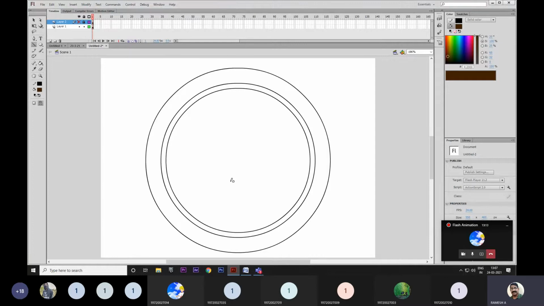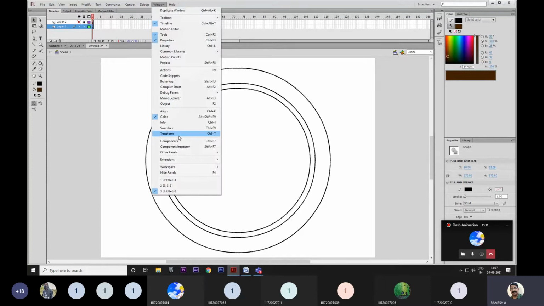We have some options here that I'm going to discuss with you. First, what you will do: select the total circles, the total image, and go to Window, and here you choose Align. What is the shortcut for that alignment?